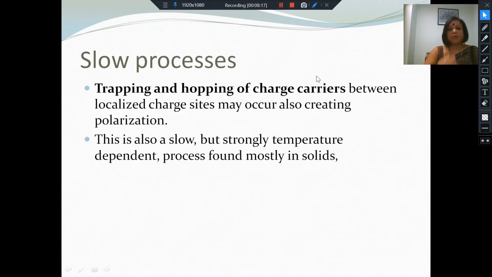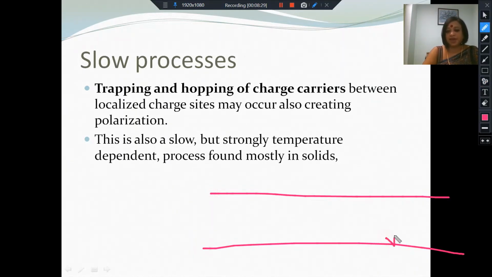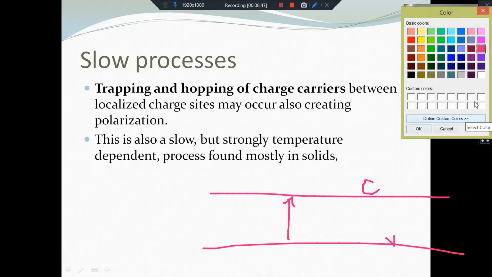Next, we come to trapping and hopping of charge carriers. What do we mean by trapping of charge carriers? We have discussed this before. When you have a conduction band and a valence band, let's say this is the valence band and this is the conduction band, you generally require enough energy for an electron to cross this energy gap and emerge into the conduction band. However, what might happen is that very close to the conduction band, depending upon the material, there might be